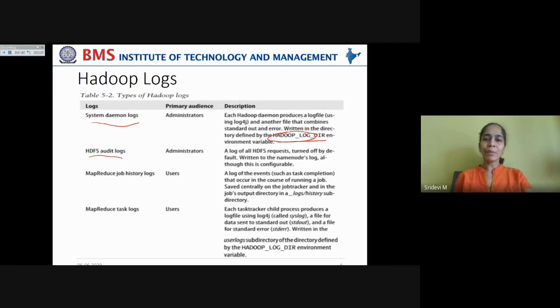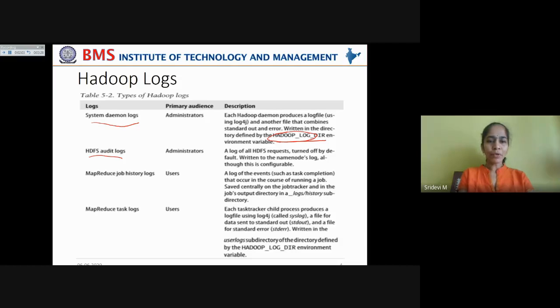If you explicitly want the audit log details, then you have to remember to turn it on. The details are written to the name node's log, although this is configurable, so if you want to configure various properties for this, you can do that. They are written to the name node's log, not to the data nodes.